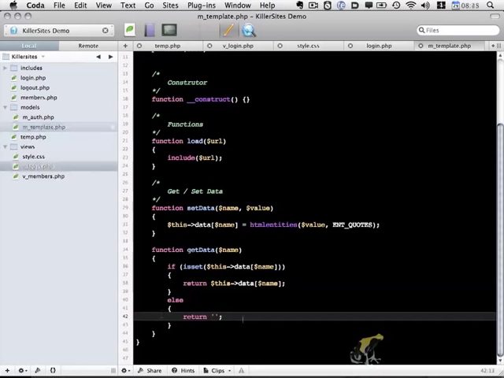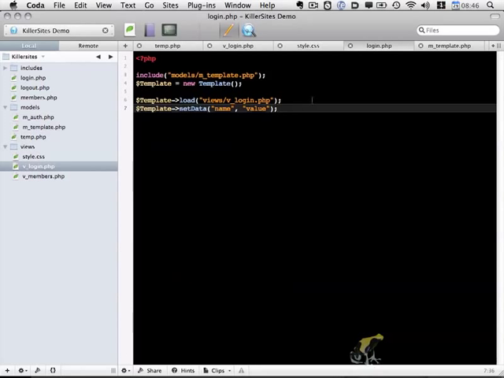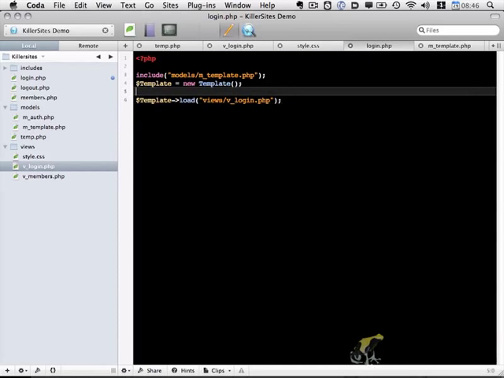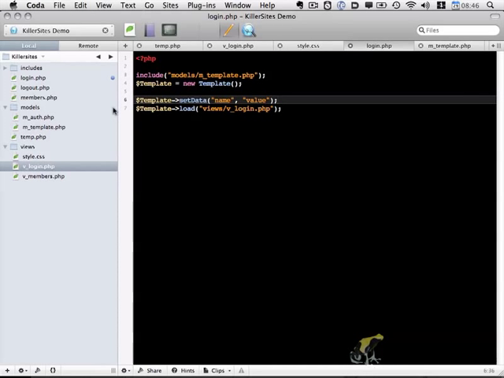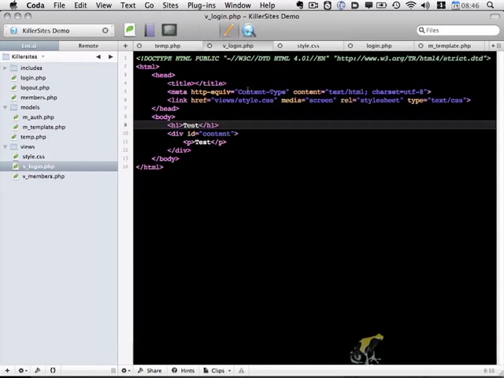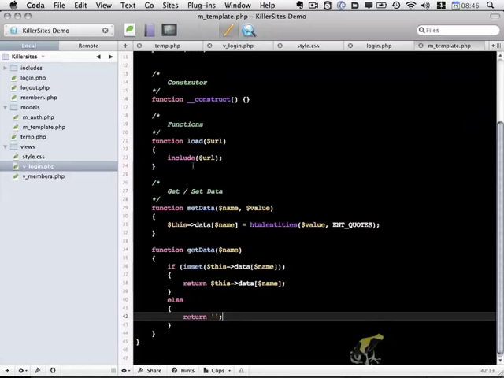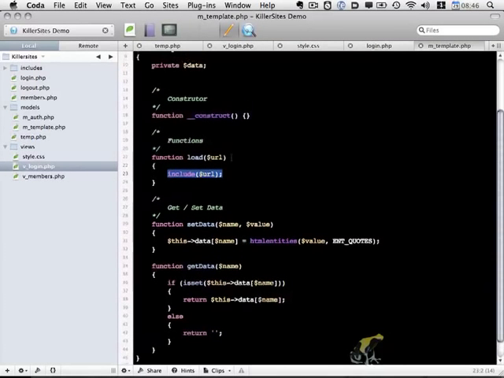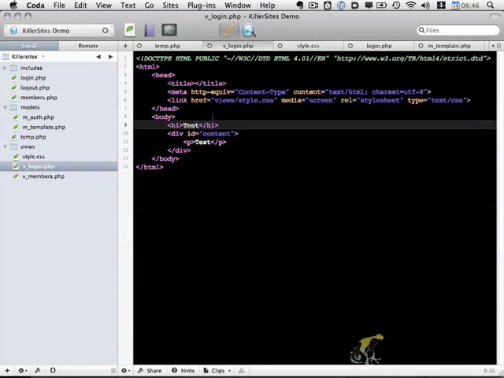With getData and setData in place, let's go ahead and modify our code a little bit to test this functionality. I'm going to go back to login.php, and I'm going to move this setData function up above the loading of our view, like so. I'm going to save that. And now I'm going to go to our view, and the convenient thing about the way the template object works is because this view is loaded within this template object,